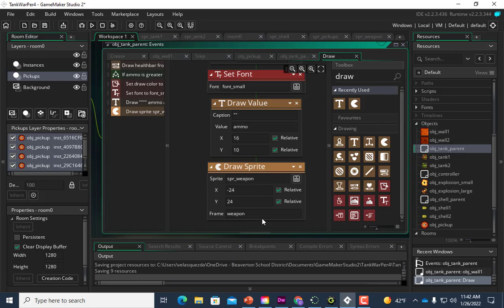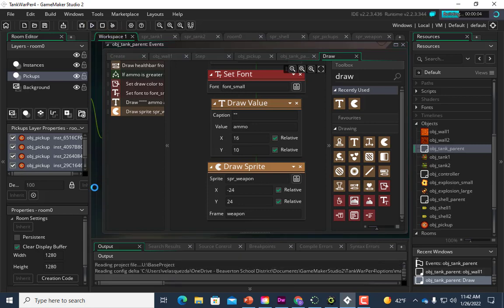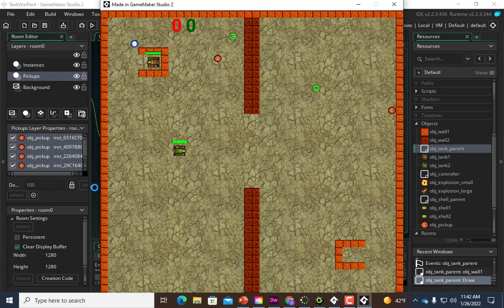Okay. So if we did this right, we should see a picture of our current pickup if we have the other parts coded. I think we did code that other part, but let's just make sure. So when you start, you don't want to see any pickup, right? And I don't. And I go pick up something that has ammo. And see, I have a little icon appear there. Now, I know it seems really small and hard to see, but remember, when we finish this game, we're going to zoom into each of the tanks. So this will be much larger on the screen eventually. Right now it's a little small, but you can see that the